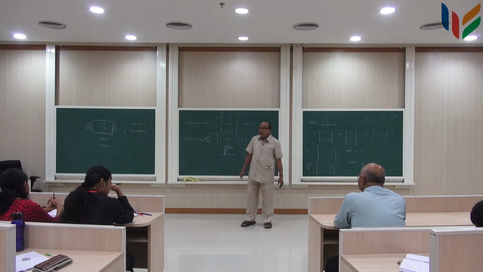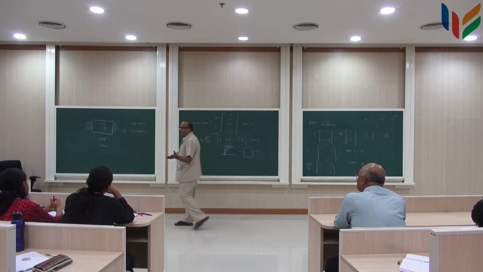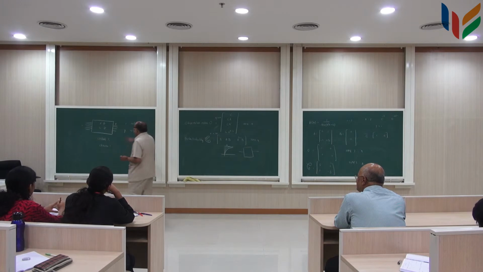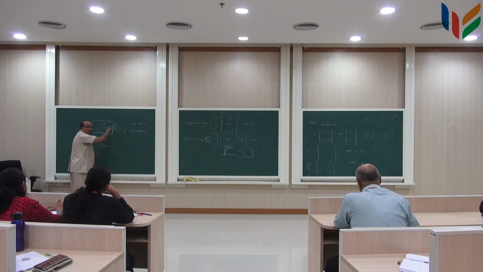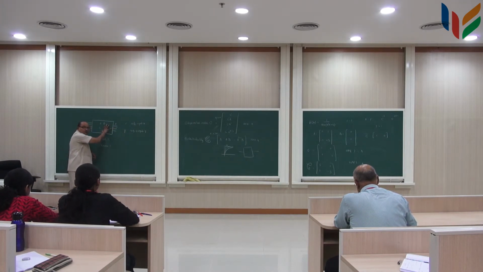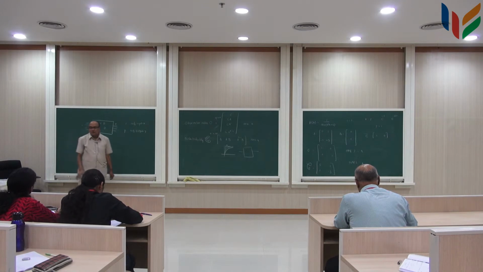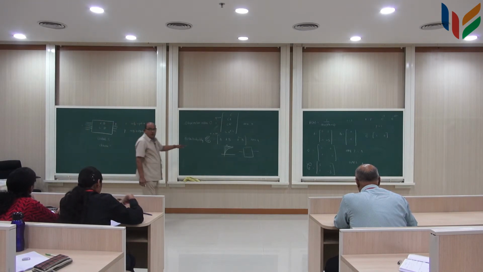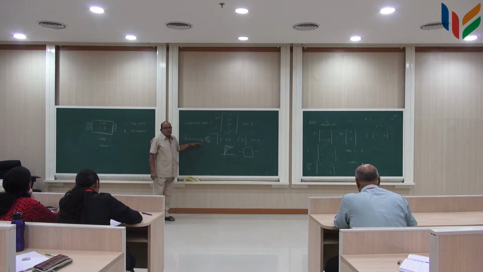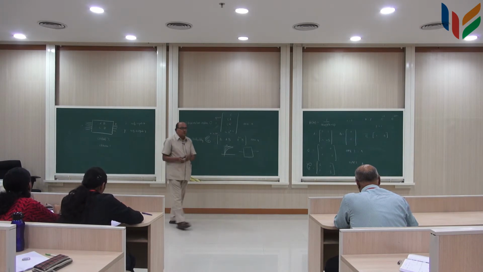Okay? And how do you do that? By doing some feedback. So, I take something related to the output here or something related to the system, state of the system, and add it as an input to it. So, this along with this previous system will get modified to give you a new system, and that is the controllable. Because I am controlling with respect to the state of the system to modify the system itself.